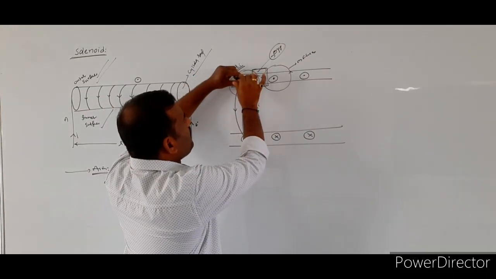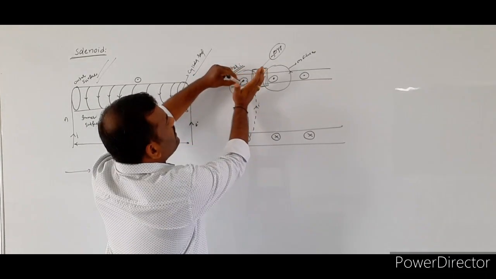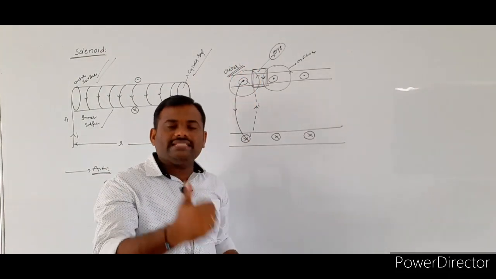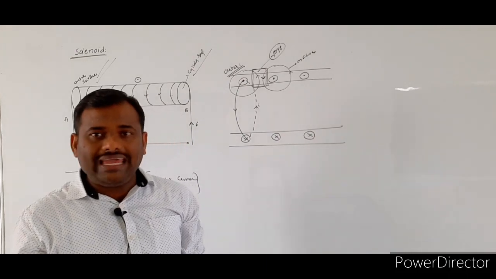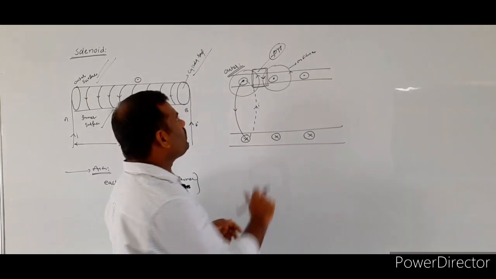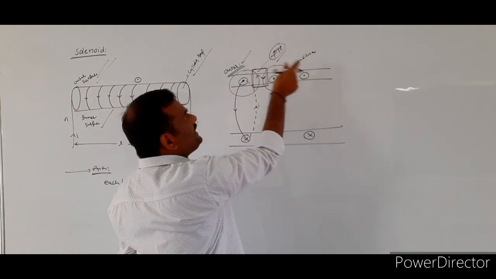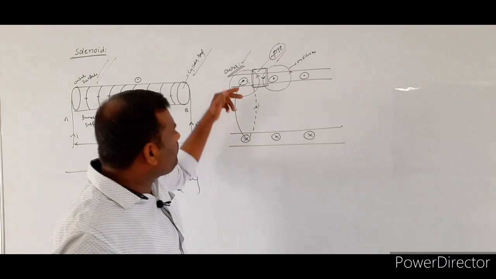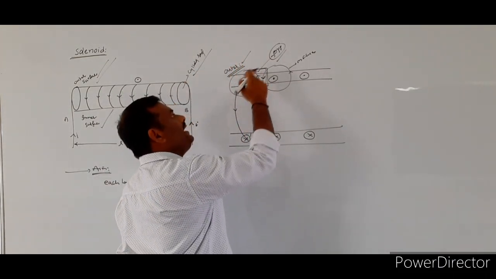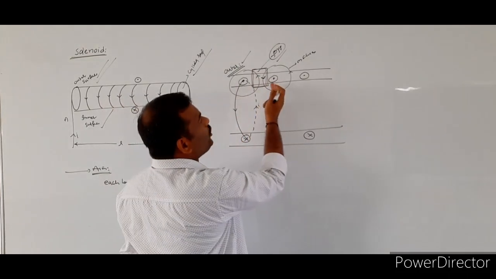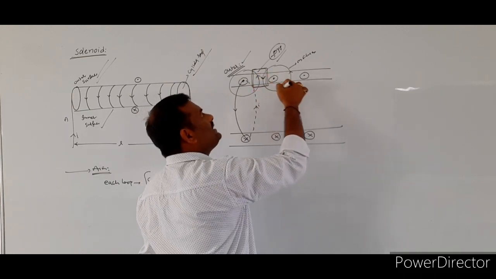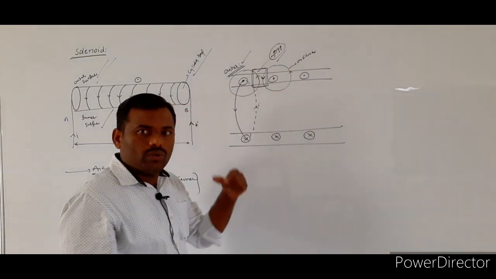If a current is coming out of the plane of the paper, according to the right hand thumb rule, the magnetic field lines will exist in the anti-clockwise direction. So here I consider two adjacent loops. For the first loop, in this region, the direction of the lines of force will be here, and for the second loop, the direction of the field lines will also be anti-clockwise.